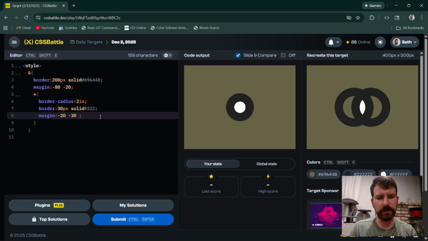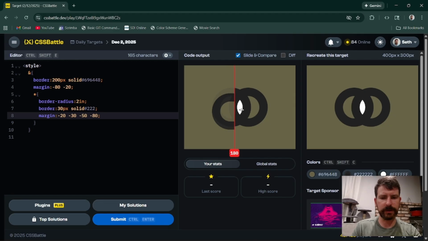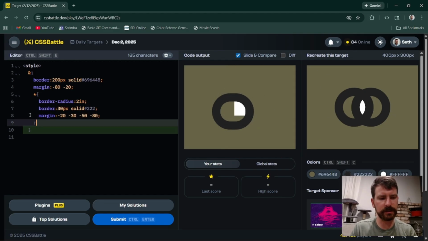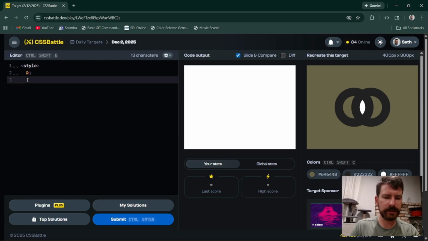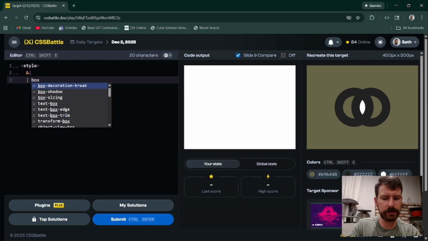We'll have to margin it over and then do a paragraph tag and get it over to the other side because they're going to be transparent. So if I do like 0, no, 30, no, 50, and -80, like I can walk it over, and you see how the only part that's showing is what the HTML is, but everything's getting all wonky. So it's going to be a battle. So I'm going to actually already abandon this. Let's go to box shadow